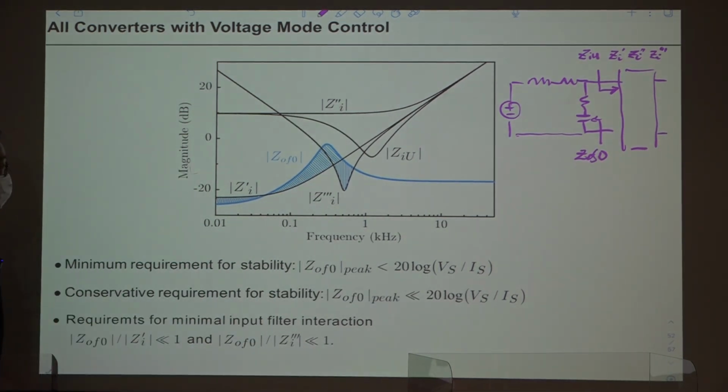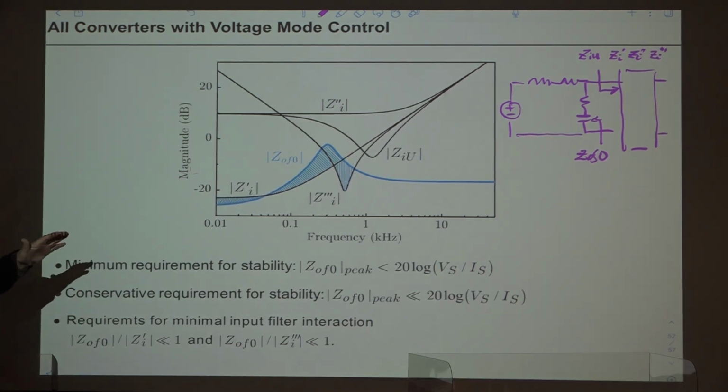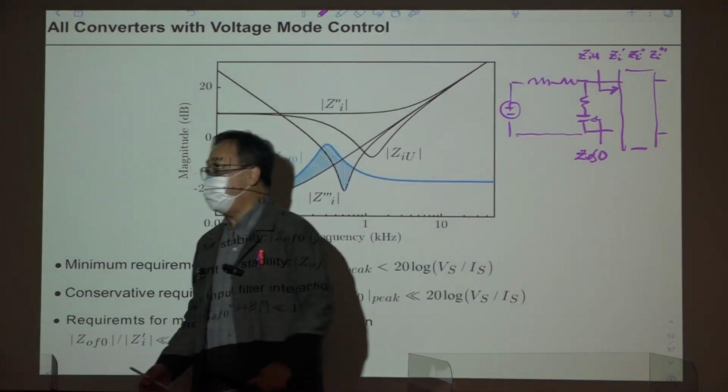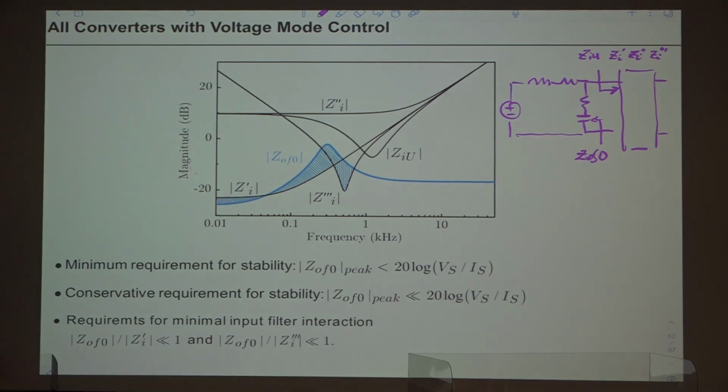So this closed loop characteristics, closed loop performance, will be altered from your prediction with the uncoupled converter. There is one thing you should consider when you are using the voltage mode control. Okay, closed loop performance, output impedance, and loop gain have to be changed. By this, you cannot avoid this.